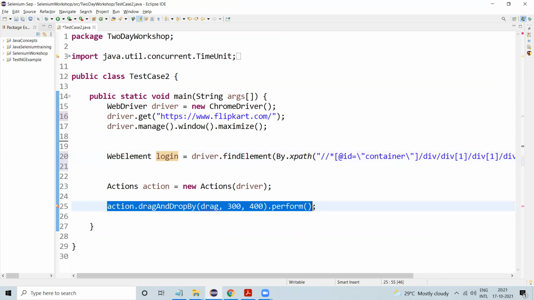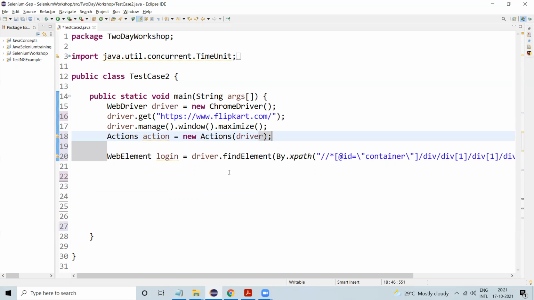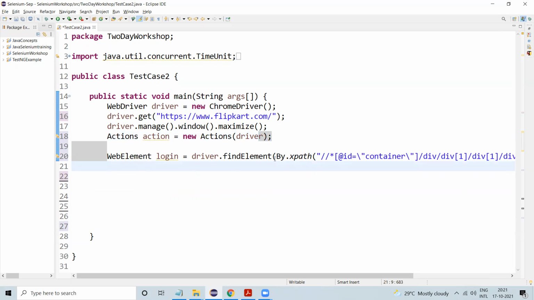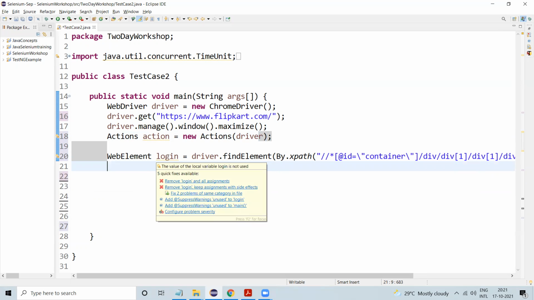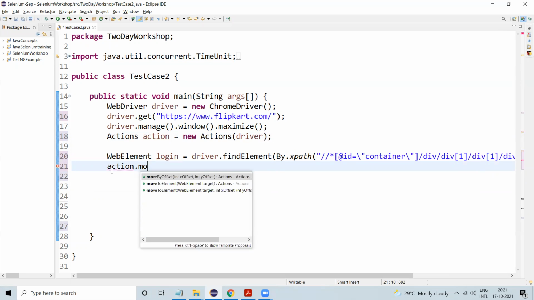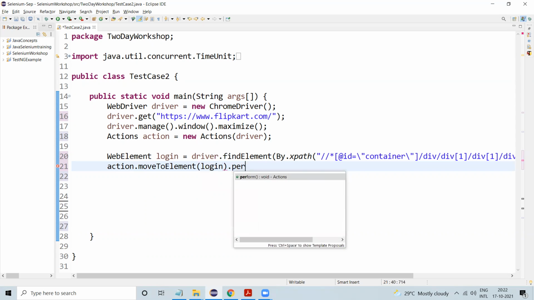So we need the Actions class. Once it is mouse over, using that we find the element and store it in a login reference variable. Using the actions reference variable, we have to select the move to element method. So move to element login dot perform.